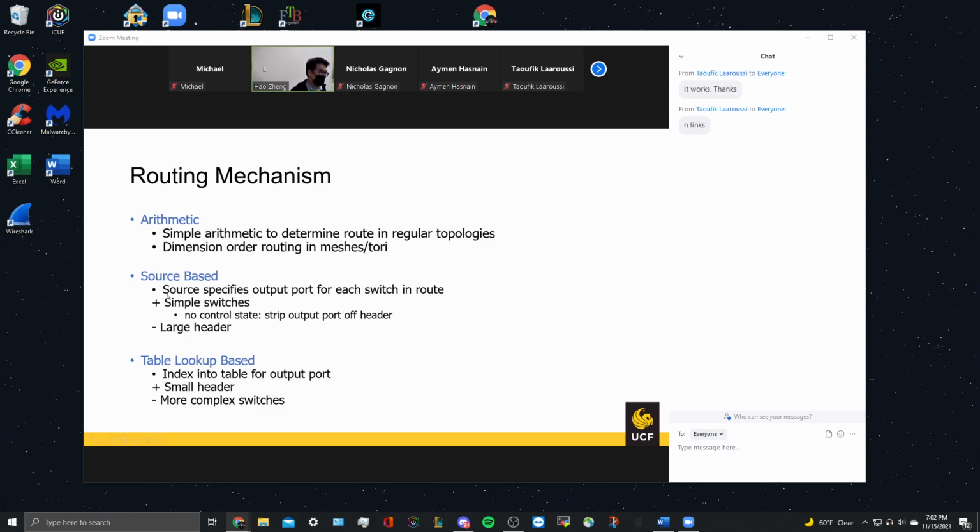Source-based routing you can also update sometimes, but the information will occupy lots of the header. For table lookup, each router will sacrifice some storage, I mean additional logic, to store the lookup table. Is that clear? So the difference between these two is that we give the overheads to different components to achieve the same goal.